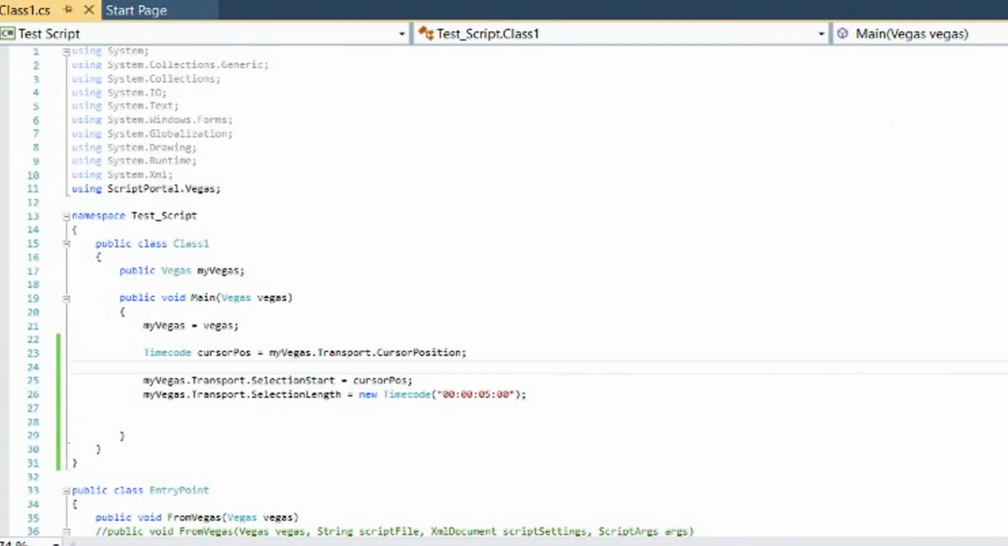In today's tutorial, we're going to look at the methods of accessing where the cursor is on the timeline. We'll see where the cursor is, learn how to create selection areas, and a couple of other things. So let's get started. The first thing we want to do is actually look to find where the cursor position